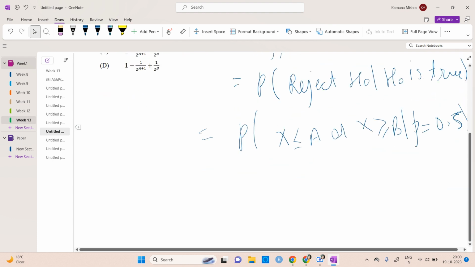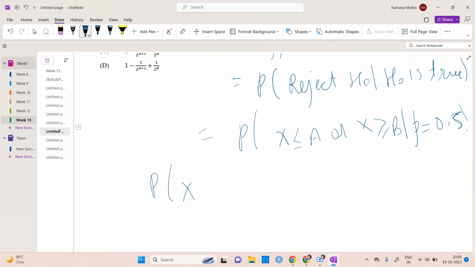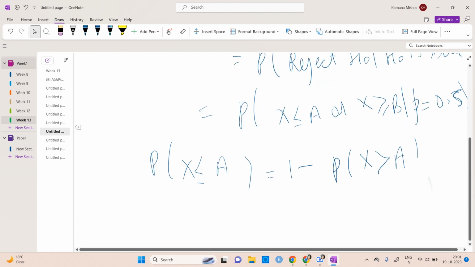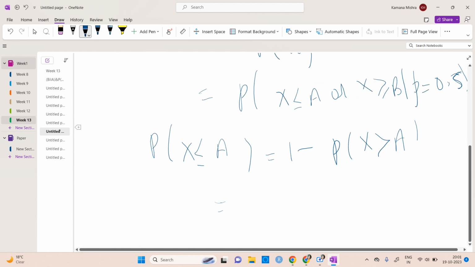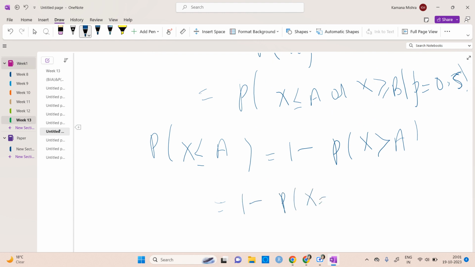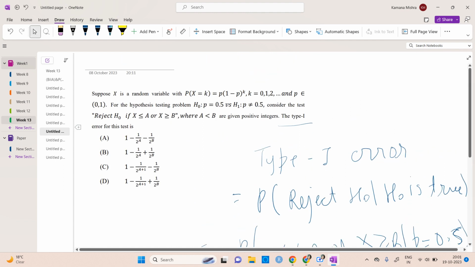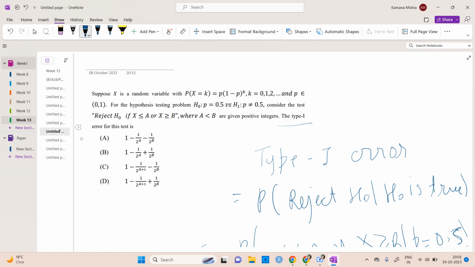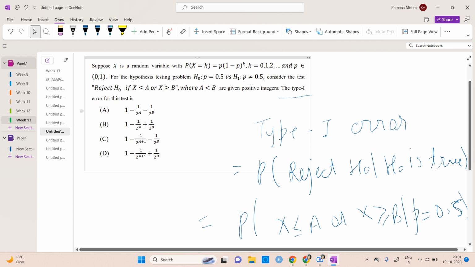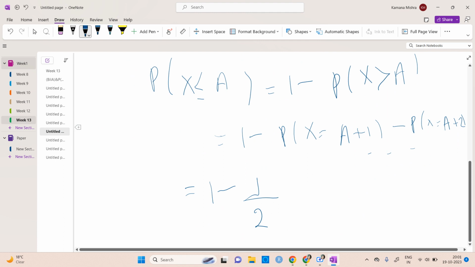So these are two separate things, so we can find it when x is less than or equal to a. So x is less than or equal to a means 1 minus probability x is greater than a. Now x is greater than a means, because this is the discrete one, right, x is equal to a plus 1, x is equal to a plus 2 and up to infinity, right? Now the probability that x is equal to a plus 1 is nothing but 1 by 2. This p is 1 by 2, 1 minus 1 by 2, and this would be a plus 1. So nothing but 1 by 2 to the power